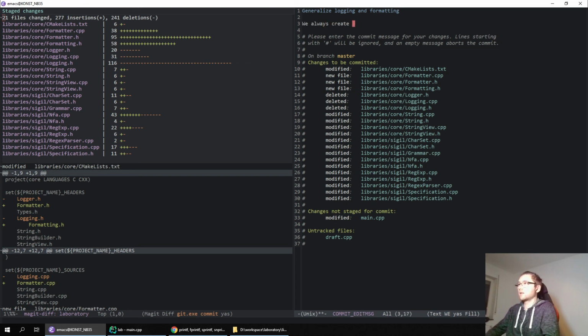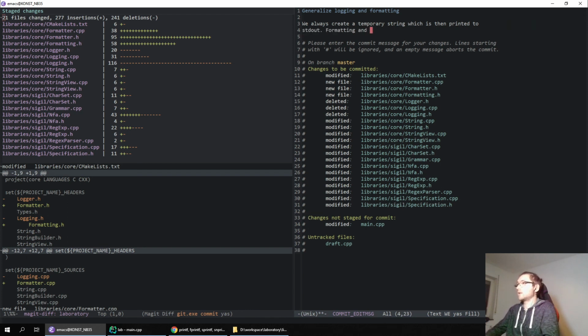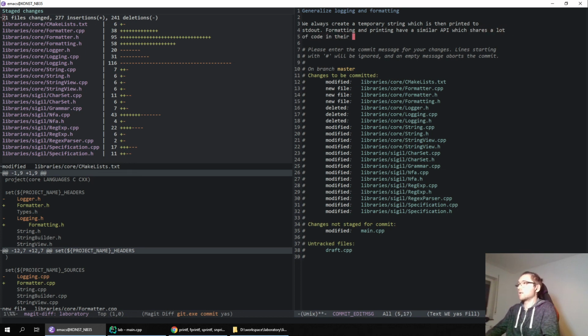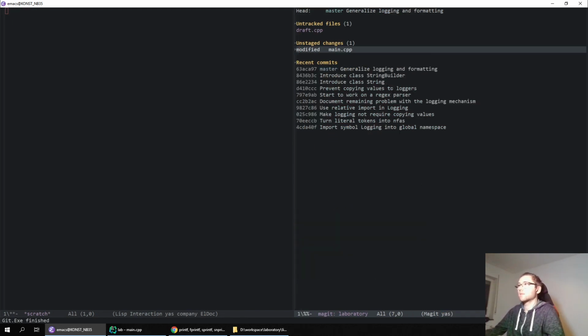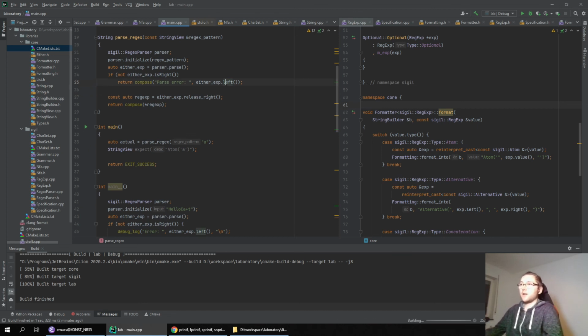Always create a temporary string, and this can print it out. Formatting and printing have a similar API, which shares a lot of code in their implementation internally. Not perfect, but understandable. So this was quite fun. So we made great progress today. I'm really happy. And of course,